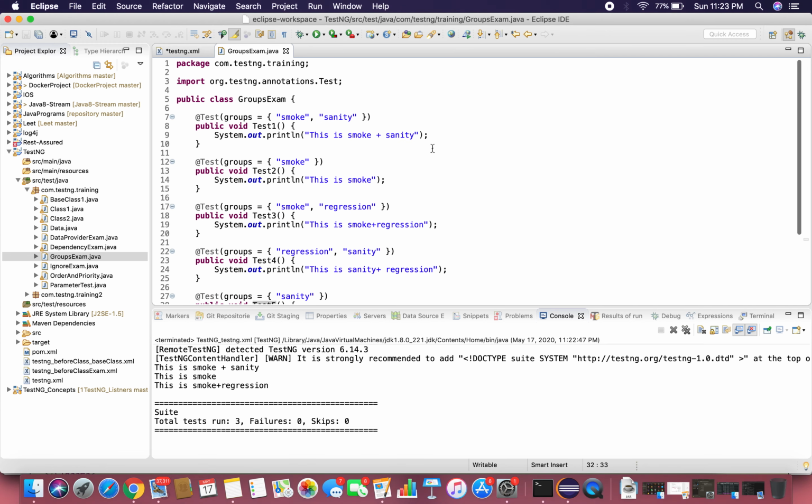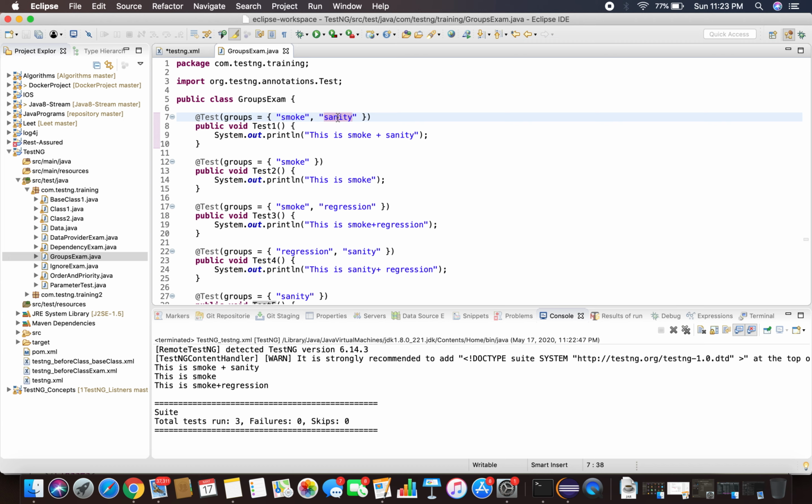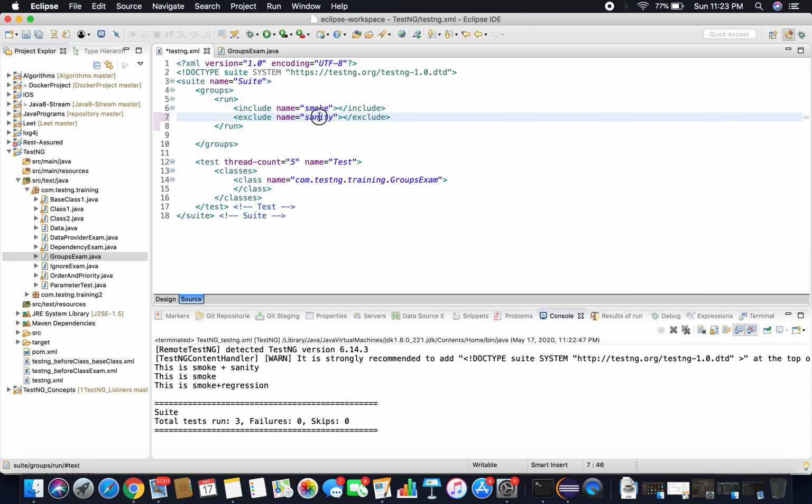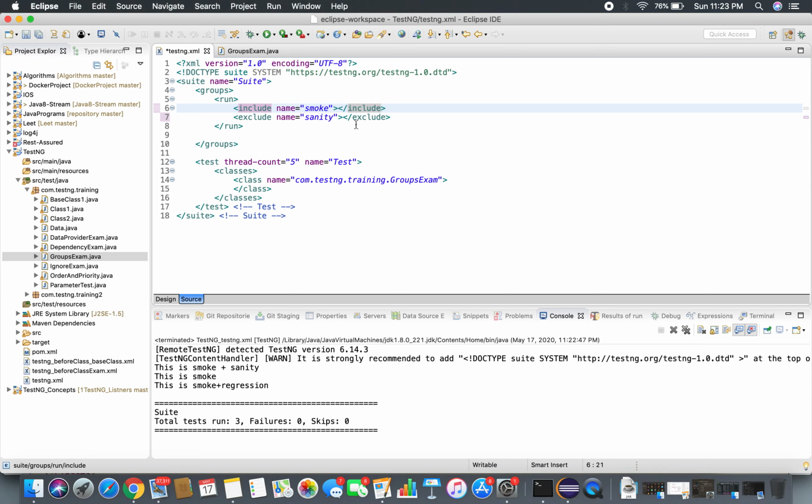I don't want to run the test cases which are part of the sanity, which means this is part of a smoke and part of a sanity, but the exclude has a higher priority than include in the group concept in TestNG. Whatever the test case, first it will identify the cases which are marked with the smoke, which are included, and then it picks up what needs to be excluded.